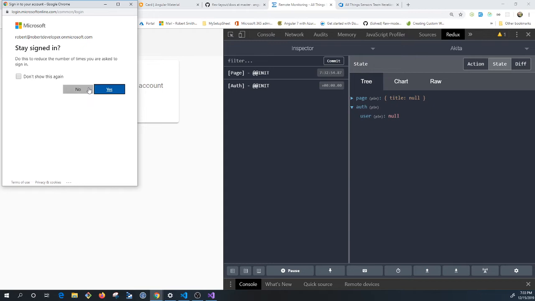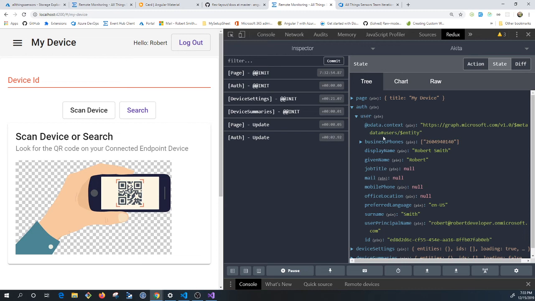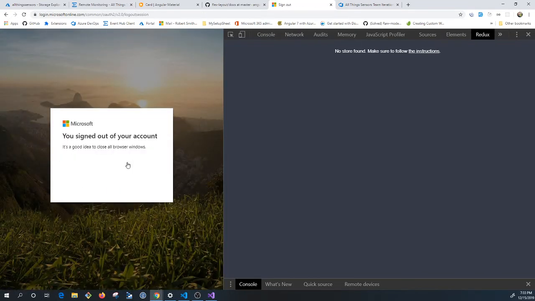Password, stay signed in. No, I gotta click that button. See, auth is still null, but it's actually loading, and now we can't have our user, right? So when we log out, yeah, I think that's fine. We don't need to navigate away. So here right now, if we log out,